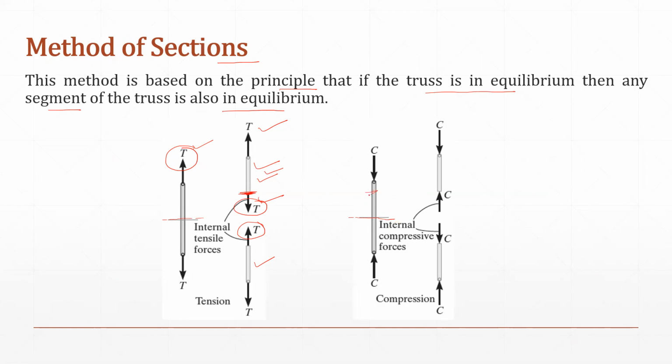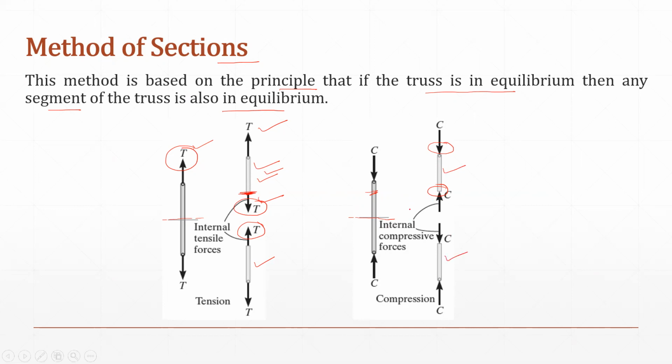So to balance this half part, now you can see the direction, I mean the sense of this compression is towards the member. Similarly, on the opposite face, the internal force will also be acting towards the face of the member. So in this manner, you can see the member is in compression. Similarly, in this case also, the member is in compression.